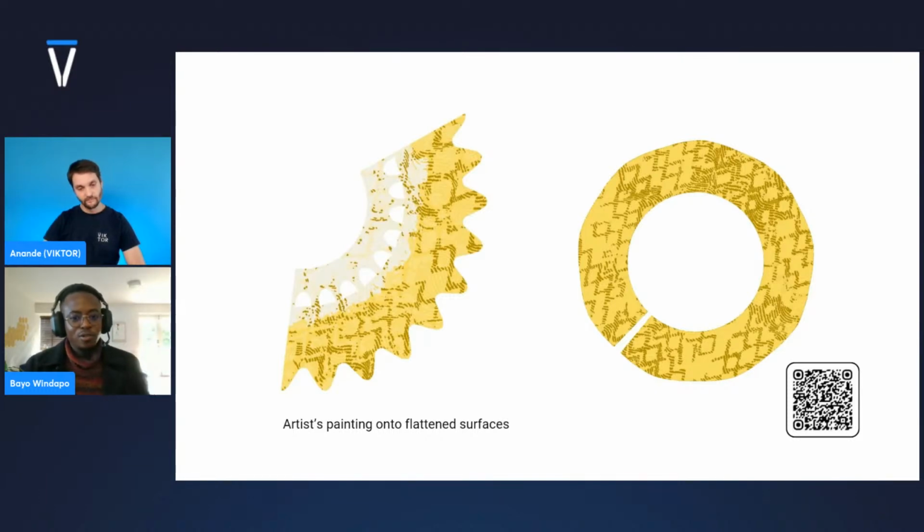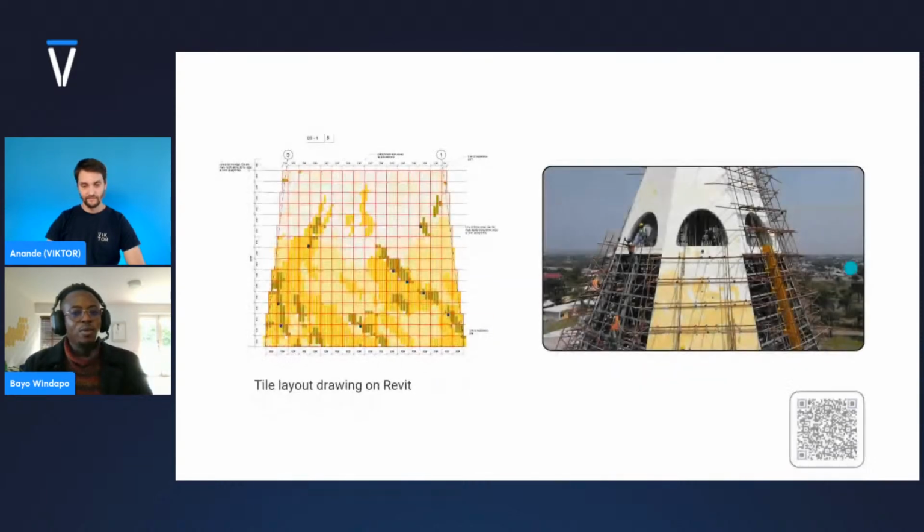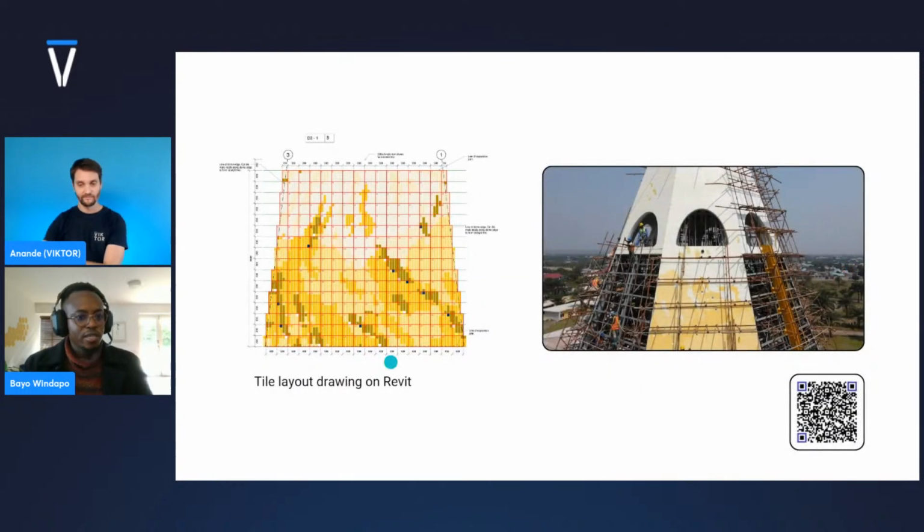And so we got this artwork from her, and the next step was to go back into Dynamo with those pieces and start using Dynamo to pick the colors at different points, and then throwing it onto the dome surface, for instance, as you can see here. Okay. Then from there, we were able to produce these drawings just by running the script, and it creates that for us, which we can then send over to the site for